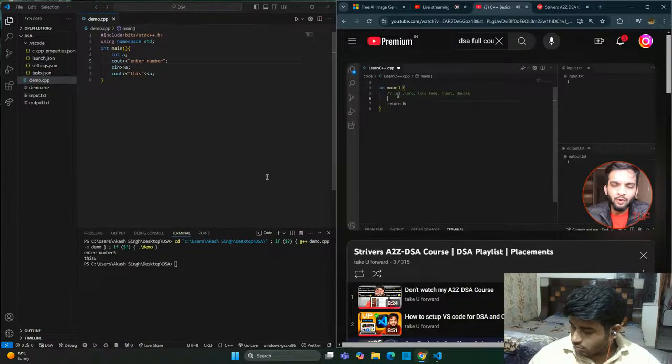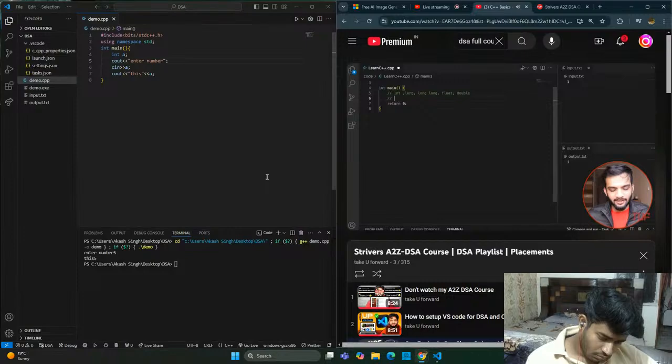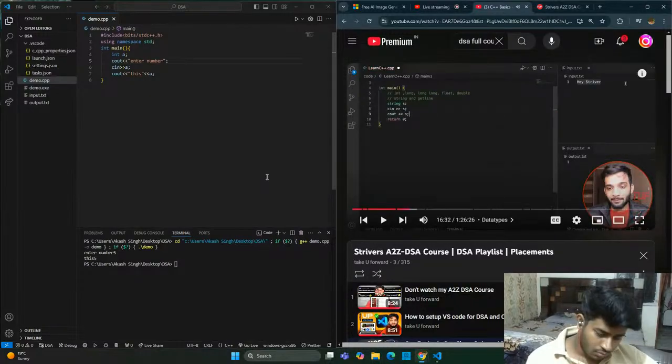Now, what if you have a string or a character? How do you store that? For that, what we will be using is something like string and getline. So you have to learn these couple of things. Okay. Now, imagine I write "hey striver". So this is an entire string. And the same way, I'll say string s, and I'll say cin of s, and I'll say cout of s. Okay. Ideally, what should happen